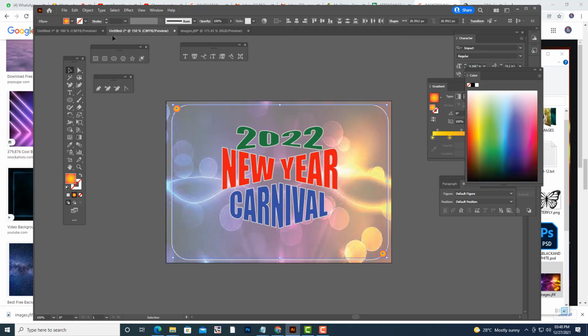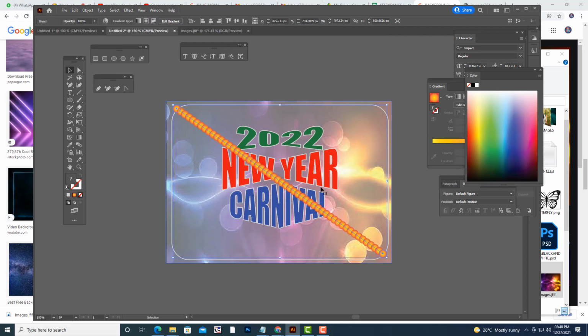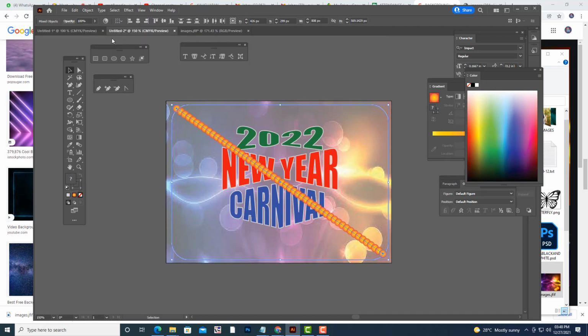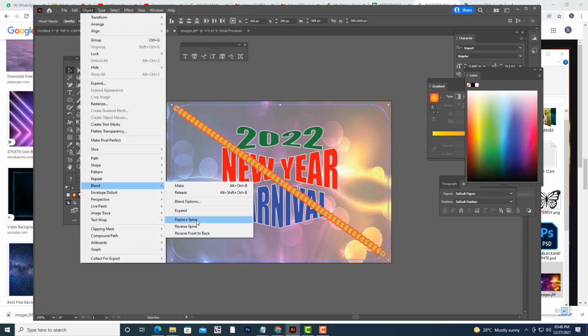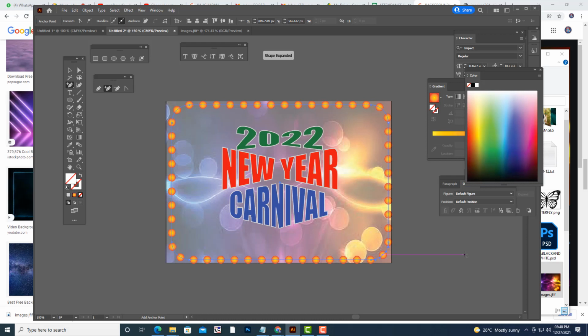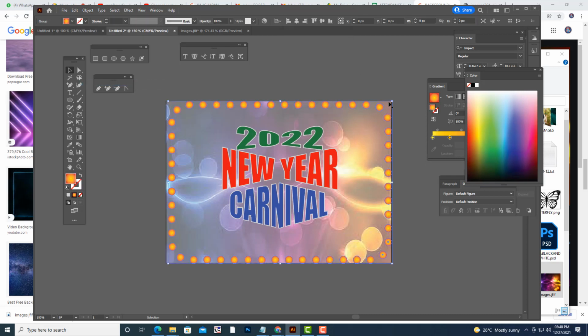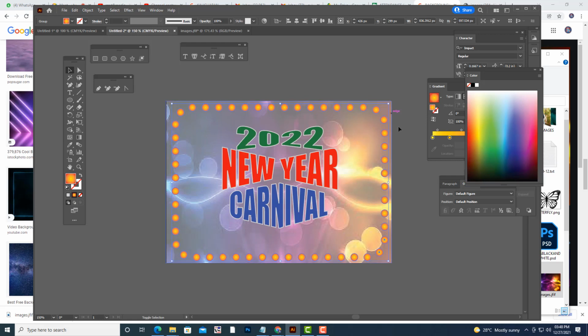Then go to Object, Blend, Make. Then select this one and the border, Object, Blend, Replace Spine. See here, you can click and adjust it properly. Then we can expand it, Object, Expand.